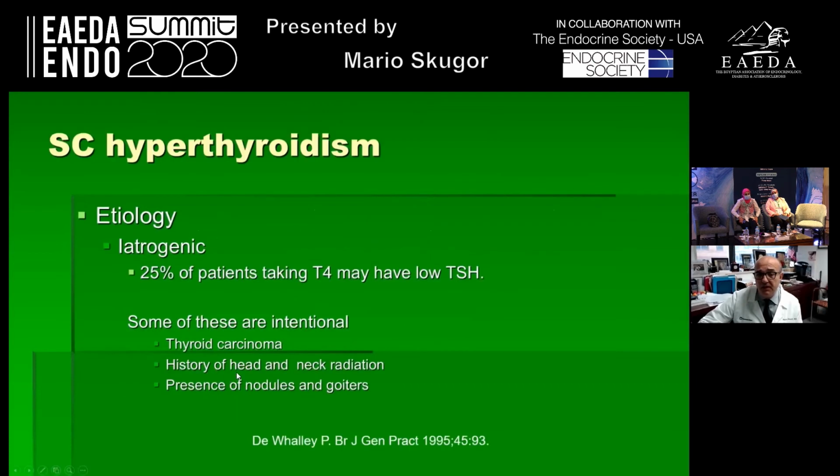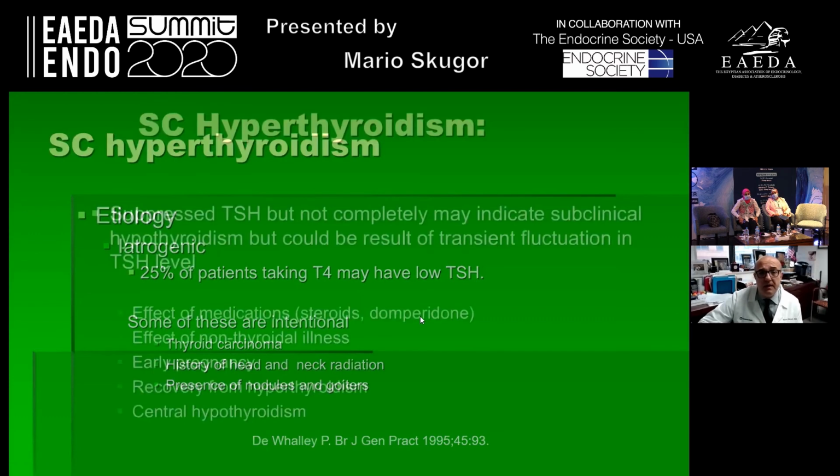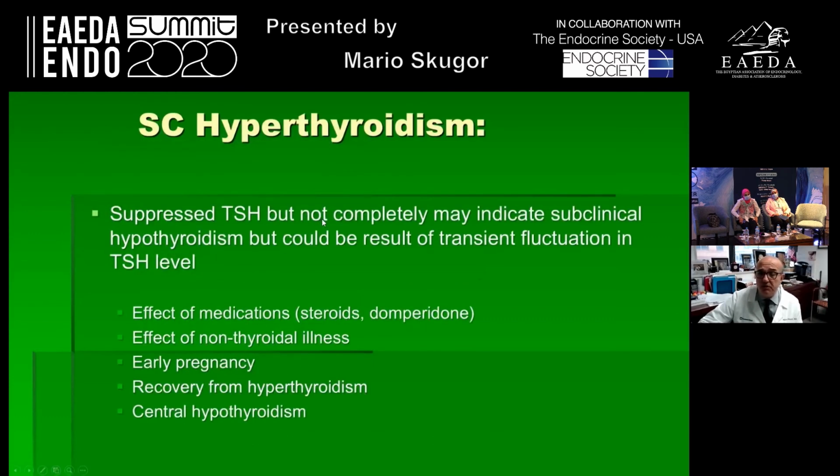And those will either have a history of head and neck radiation, that might be associated with hypothyroidism, and then the presence of nodules or goiters. Frequently in elderly people, you will have a slightly suppressed TSH. So TSH should be suppressed, but not completely. It should not be undetectable. It has to be detectable. Once the TSH is completely undetectable, you seriously have to think about